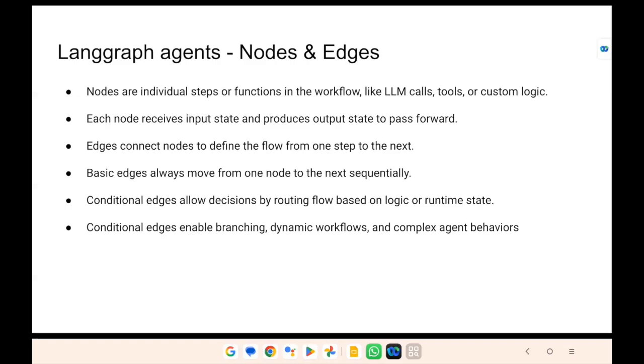So a node is nothing but an independent entity. Okay. And edges connect the nodes, and you can flow from one node to another sequentially. And there are, of course, conditional edges, which say, hey, if you satisfy this condition, you go to this node. Otherwise, don't come. So it's something like conditional edges, normal edges, and you have nodes. That's how things are connected.